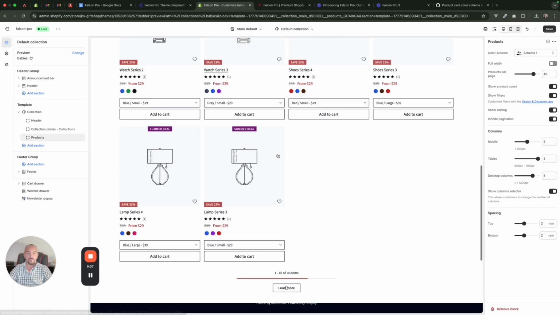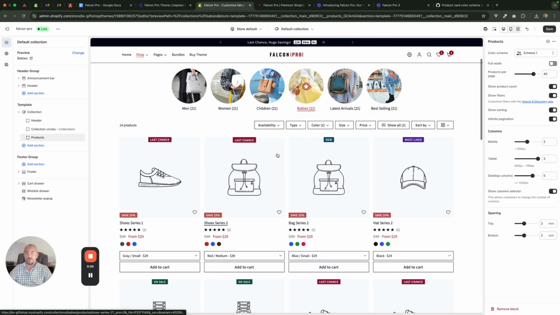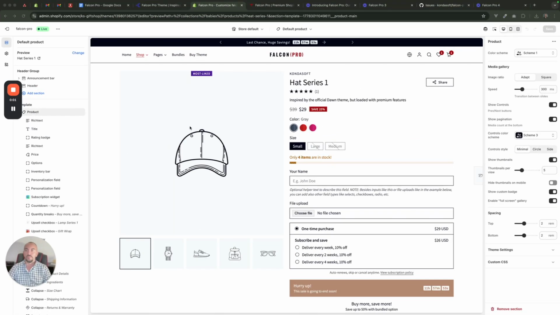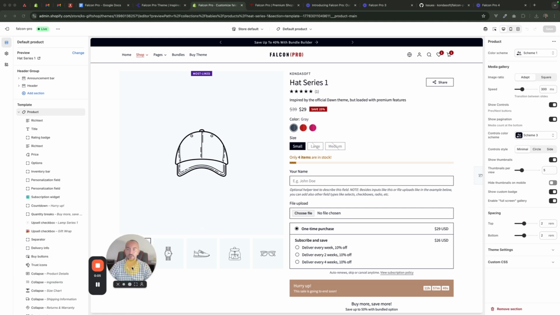And yes, that should be all for the collection pages. Next, we're going to check the product detail page. Okay, now we are going to see the product page, or the PDP, as we call it quickly on the